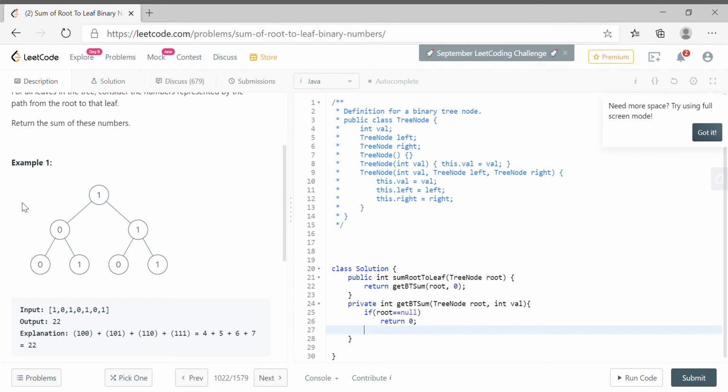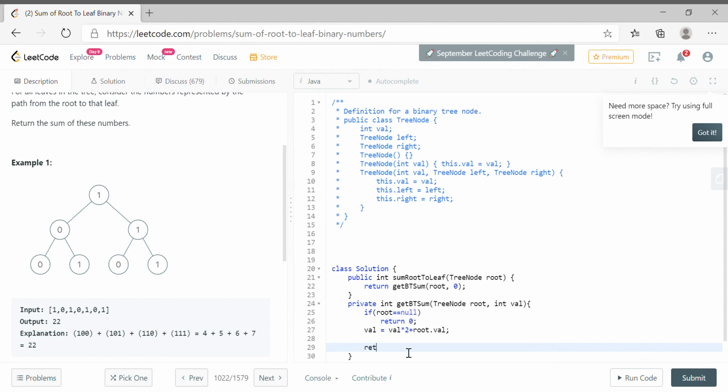As we just discussed, whenever you are at a root, you need to get that value by multiplying by 2, because it is binary. So we will take val multiplied by 2 plus root.val. Now we have the sum at that level. Next, whatever sum we get from the left child and whatever sum we get from the right child, we'll add it.